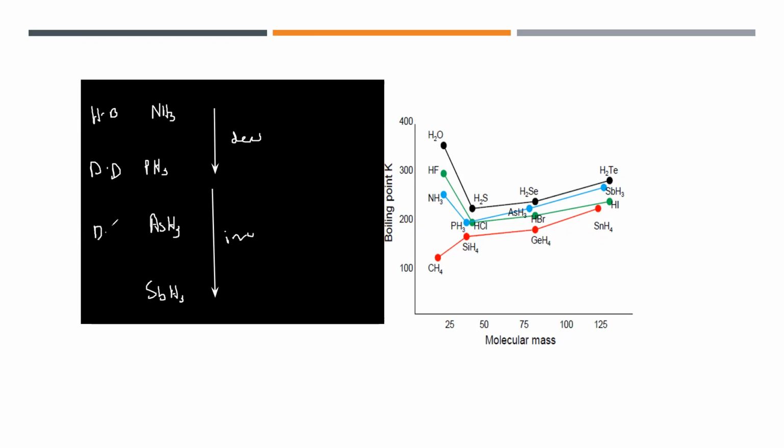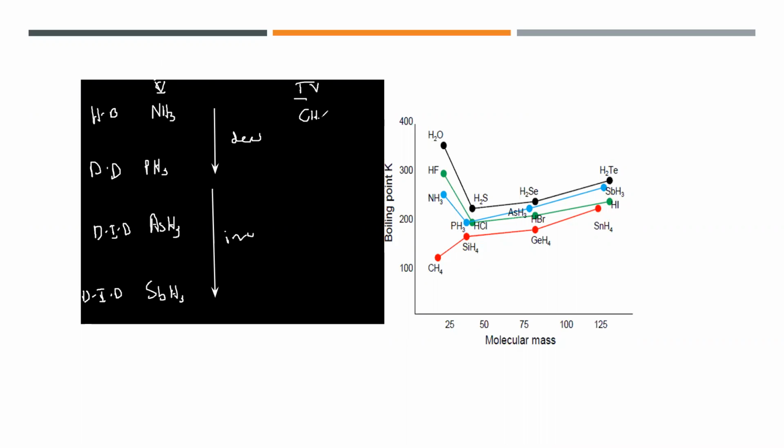Then there is dipole induced dipole force. And because of more electrons, the dipole induced dipole force increases with the number of electrons. That's why this will have a higher boiling point than PH3. And then the dipole induced dipole force increases as the number of electrons increases. So in comparison, the last one will have the highest boiling point. This was for group 5 hydrides. But why does it not happen for group 4?